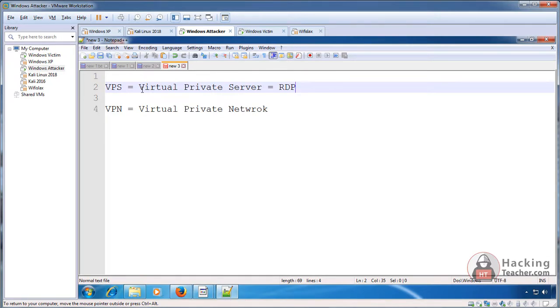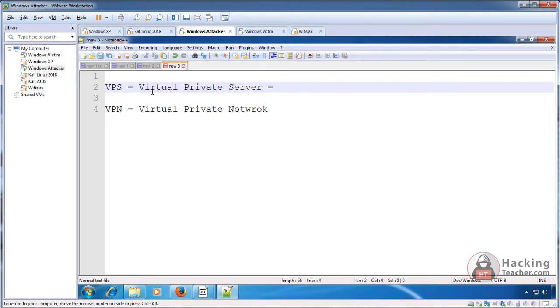And they are not reliable. If you're using someone's computer that someone else has hacked, it's not reliable. Maybe they can shut it down, or maybe they format their computer, so you'll lose all your victims and all your effort. So there's no need to use RDPs. We will remain focused on the VPS and the VPN.